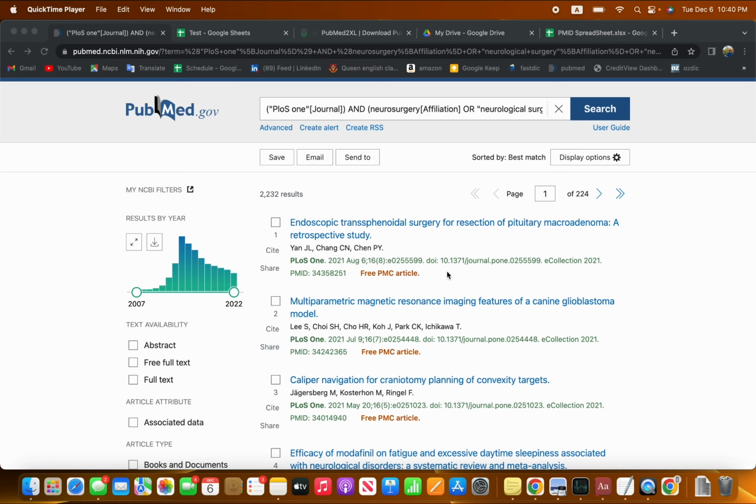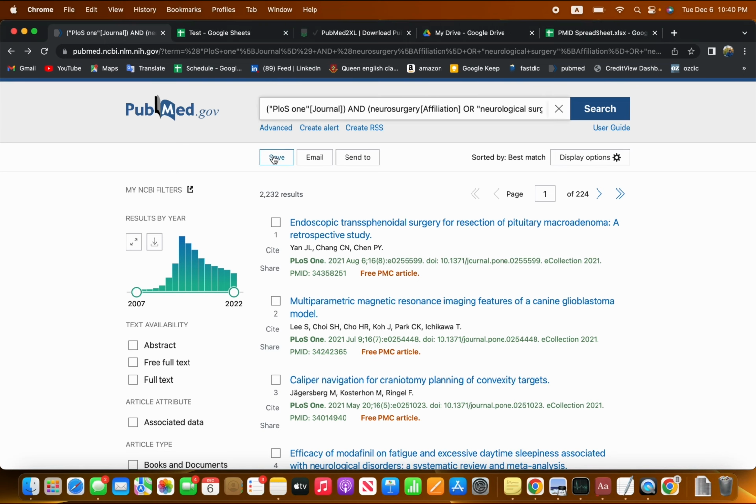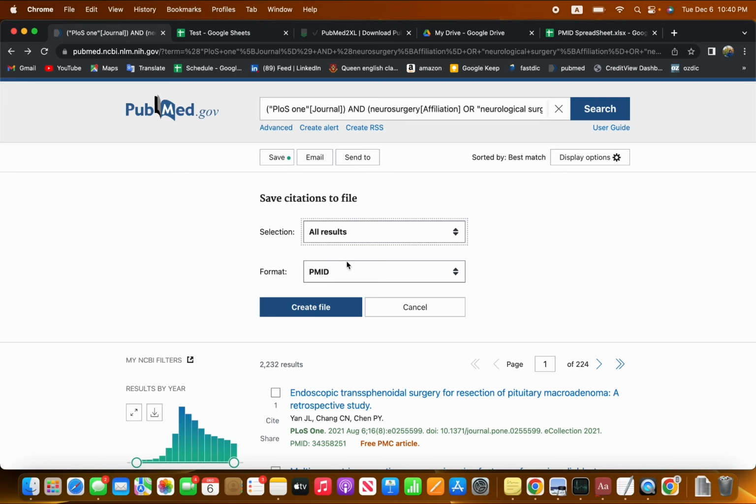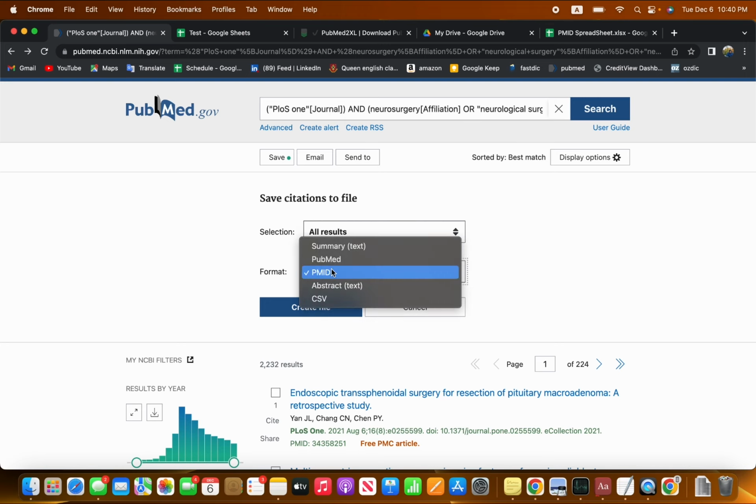And so the first thing we want to do, we want to get the Pubmed IDs. And to do that, we go ahead and click on the Save button here. And in the selection section, we select all results instead of all results on this page. So select this one. And then because we're only interested in the Pubmed ID, in the format section,